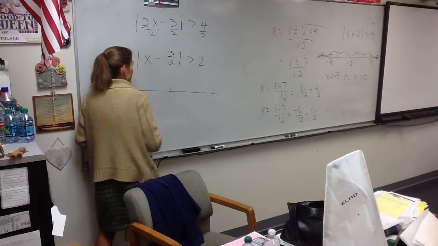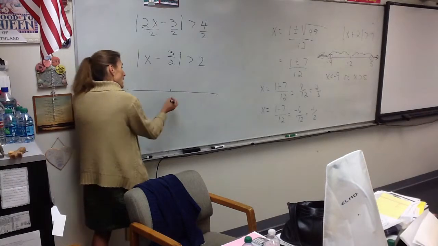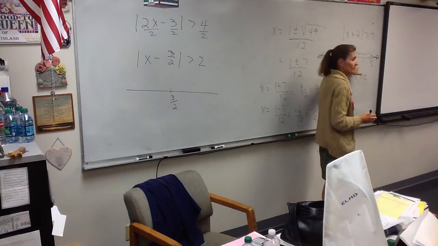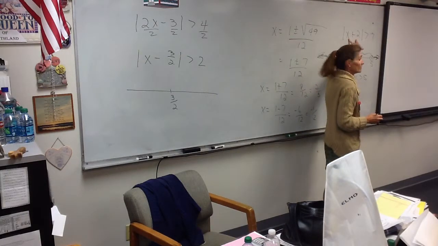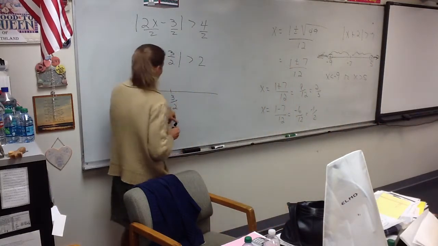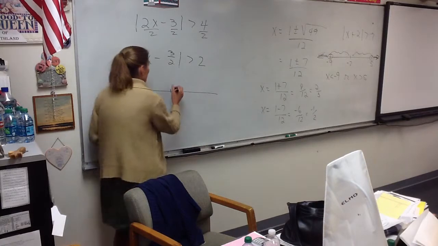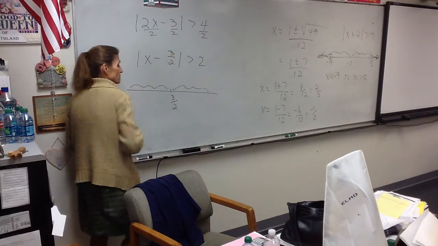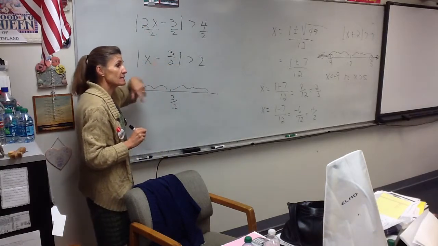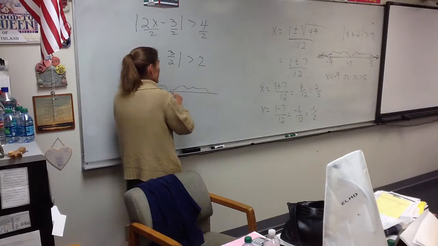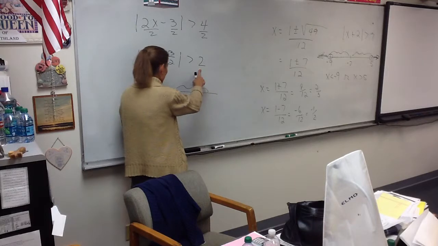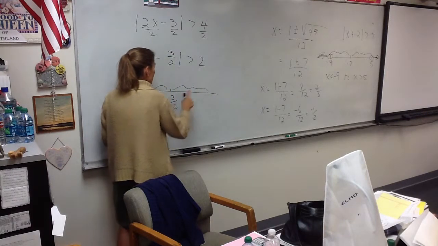What goes right here in the middle of the number line? 3/2. Very good. How come in this one I put a negative 2 in the middle? What's my rule? It's the opposite. So opposite here would be positive 3/2. Now I'm going to count backwards and forwards. Absolute value is a distance. So I'm starting at this middle point and I'm counting a distance back and forth. How far back and forth am I counting? 2. So if I count ahead 2,